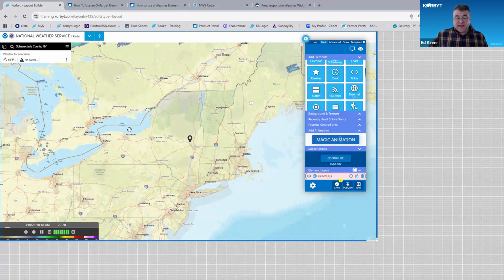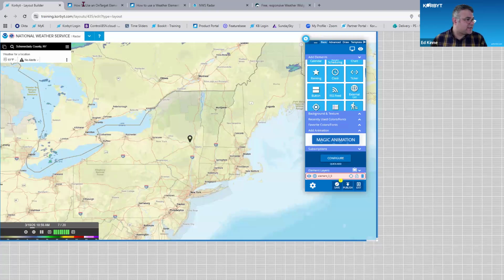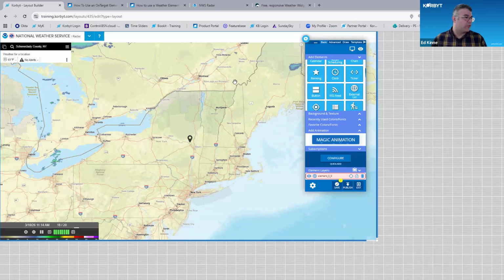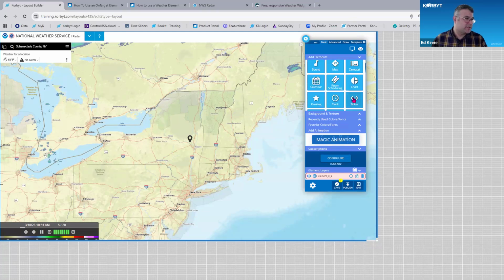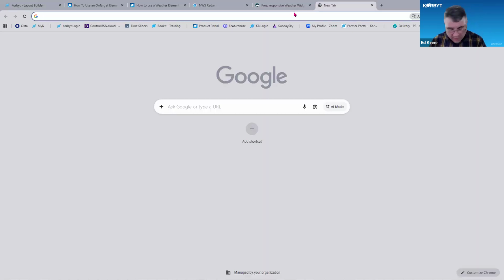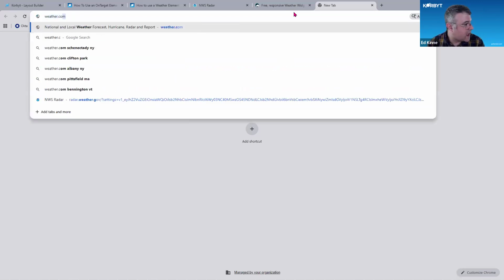The other downside is the website that you are using has to support remote rendering in iframe/X frames. So not every site's going to allow that to happen. For example, the National Weather Service radar map is working just fine. But if I were to go to weather.com